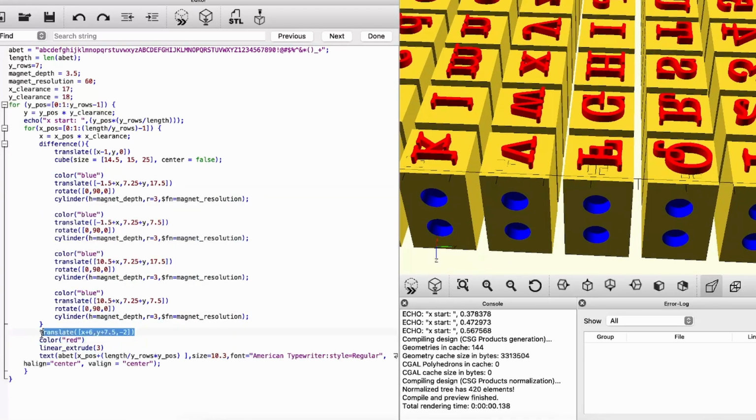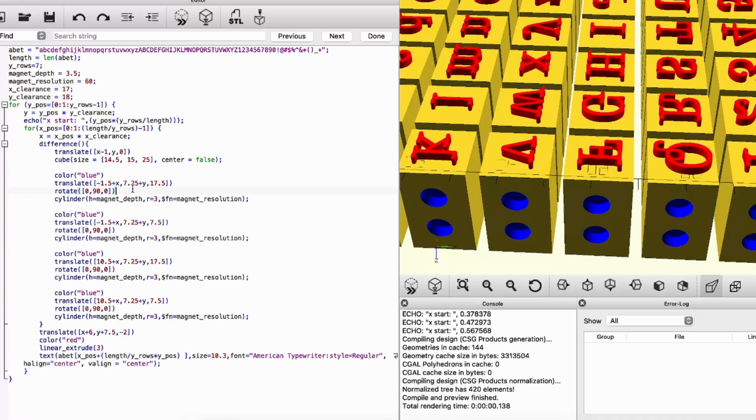Then we move the stamp that we just created to its correct position based on X and Y positions that we calculated earlier. We change the color, and finally we make our actual text element. We move it to the right place, color it red, extrude it, and this is the actual part that defines the text object, which in this case is American Typewriter, because that's what my mom wanted. So every time we make an object, so in this case a cylinder, you can call functions on it before making the object, just like this. So here we're rotating this cylinder, and here we're moving this cylinder to its correct place,